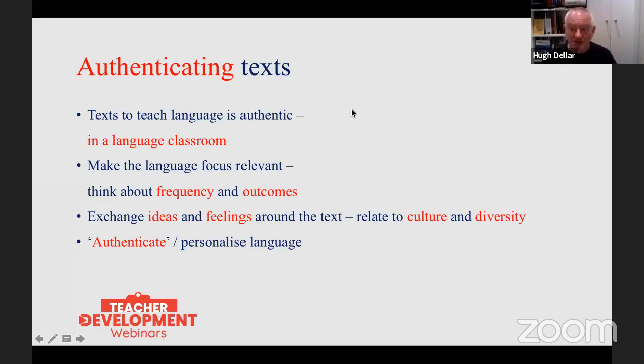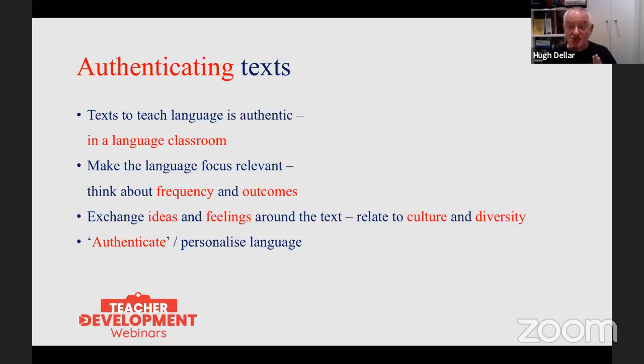On top of that, will there be space in the lesson for students to exchange their ideas and feelings and beliefs around the text? Maybe related to culture or related to diversity. Will there be space for students to authenticate the language? Will they be able to personalize the language?